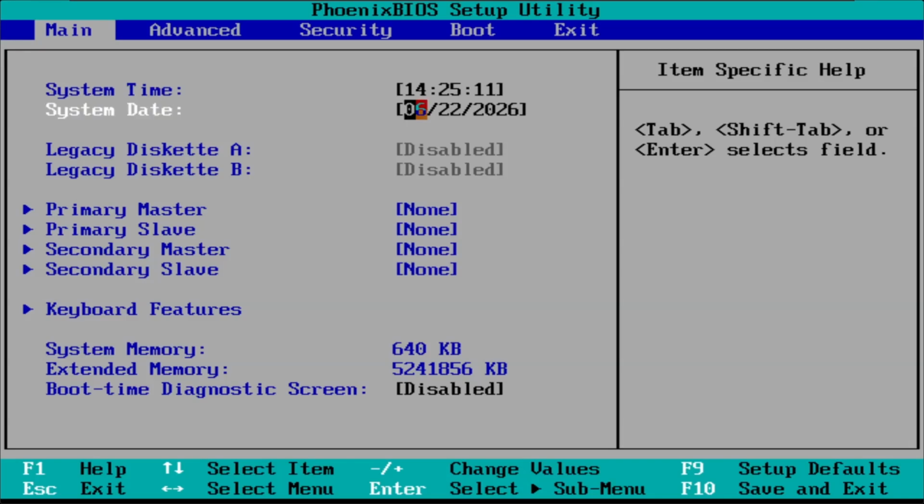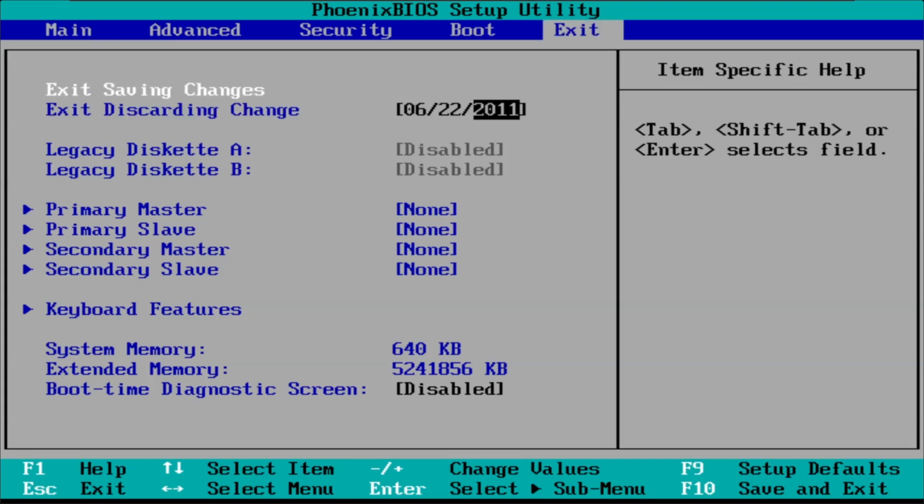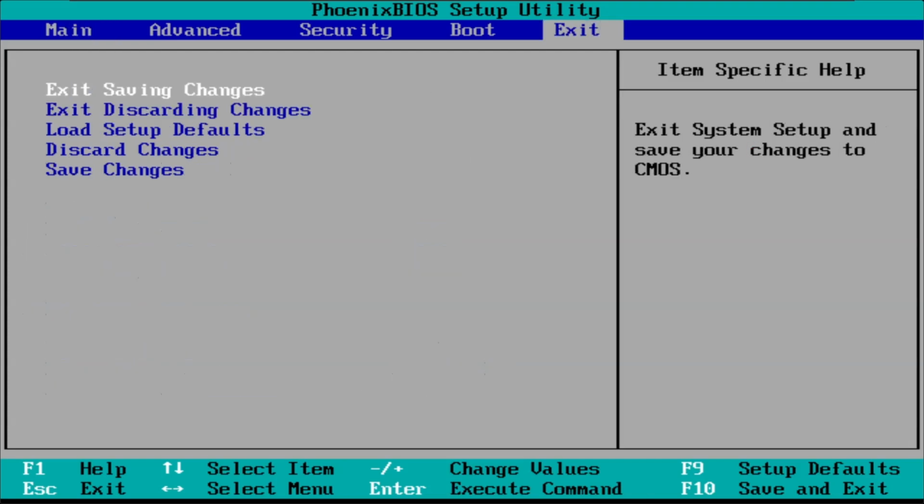Alright, we are back, and we're now going to set this to 2011, because we have to change the date to 2011, so we're going to do that real quick. By the way, I'm very sorry for the microphone, it's only gotten worse. So, we're going to exit saving changes,